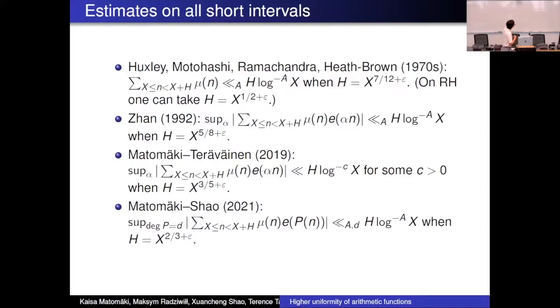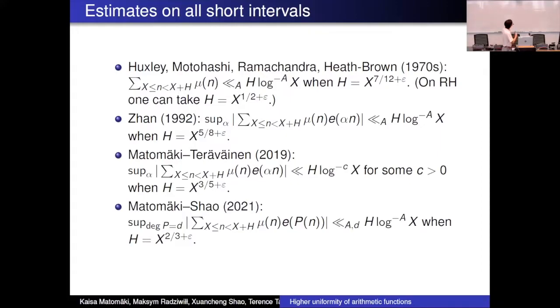So that's for linear phases, and then for polynomial phases, there was a result of Matomaki and Zhuangsheng, which also got discorrelation against any polynomial phase, but they had to make even larger intervals, x to the 2/3, 0.66, which is a bit larger. Okay, so these are the type of results that were known for short intervals, but not too short. It will be somewhat bigger than x to the 1/2. But given that even on RH you can't break 1/2, it's not too surprising that we're stuck somewhere above 1/2.